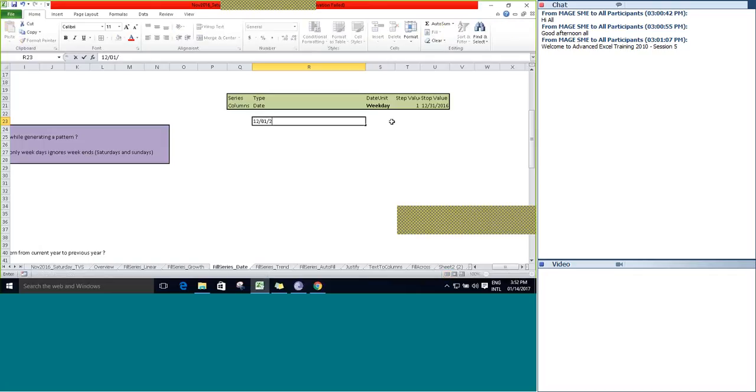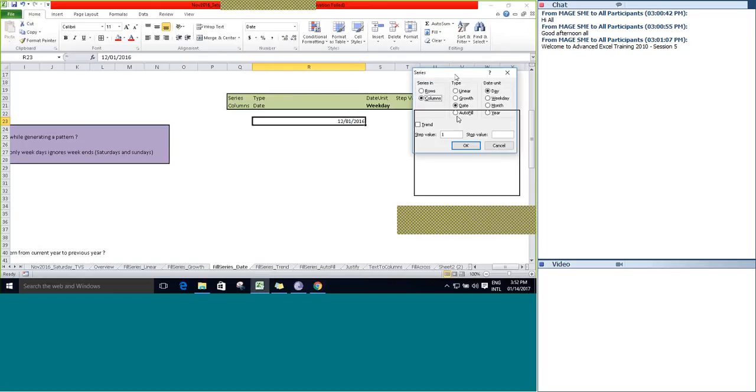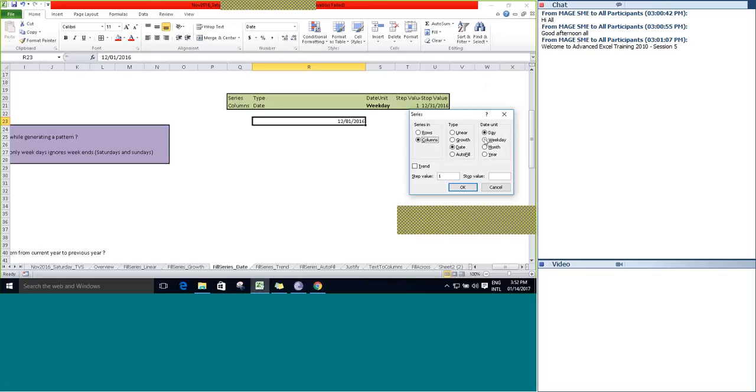December 1st value is going to be this. Go to fill, go to series, and then select column. Consider weekday, and provide the stop value 12/31/2016.